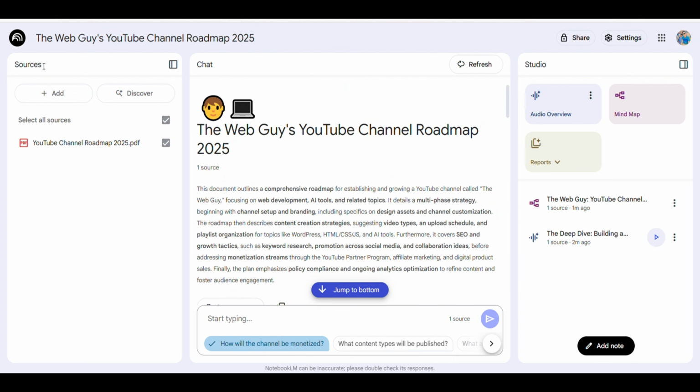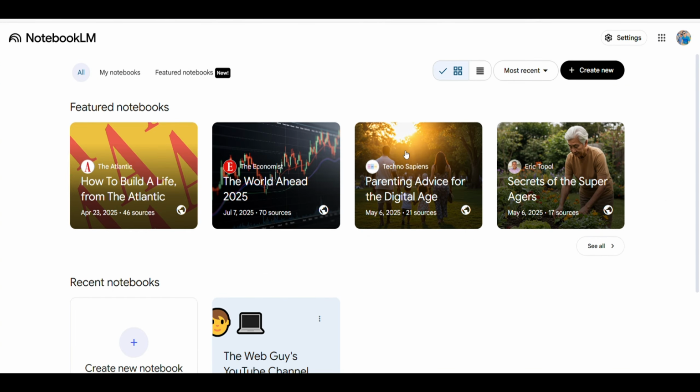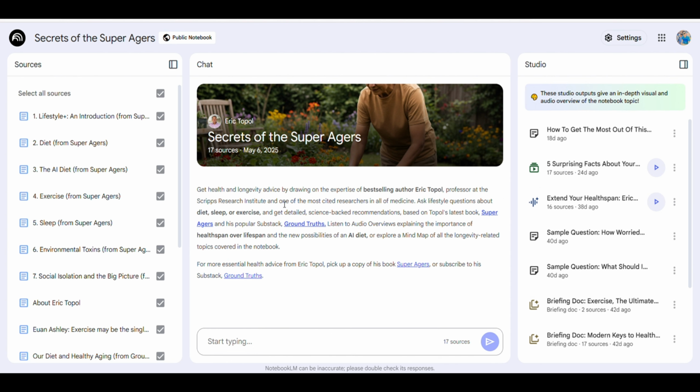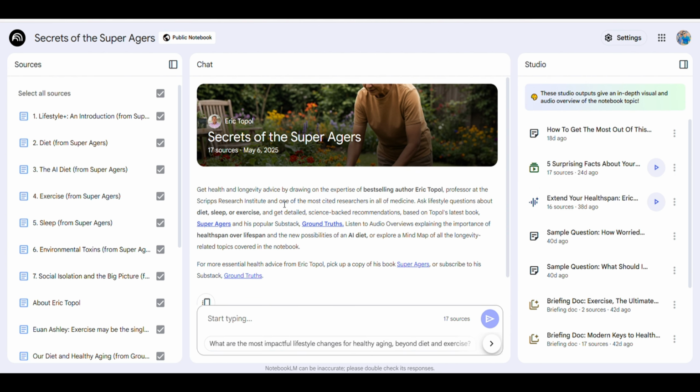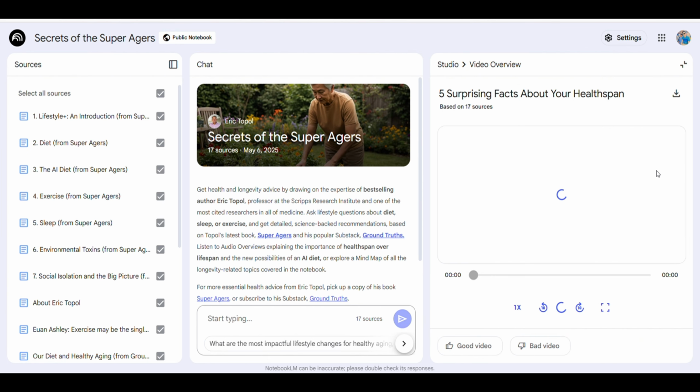So simply go back and here you can see, you upload your source file and it will create your audio file. So here you can see